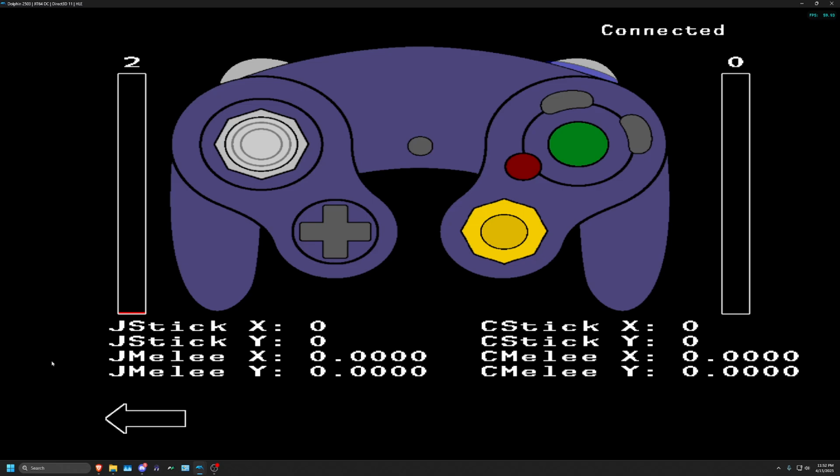So, on a GameCube controller, the trigger, you can slide around on it and it will create different values based on how far down you're pressing it. See, I'm not pressing it at all right now and it's 0, and then I slowly push it in, the number goes higher and higher and higher, and that is an analog signal. Now, the triggers are interesting because they also have a digital signal. So for example, my trigger is essentially set to off right now, but if I click it all the way down,